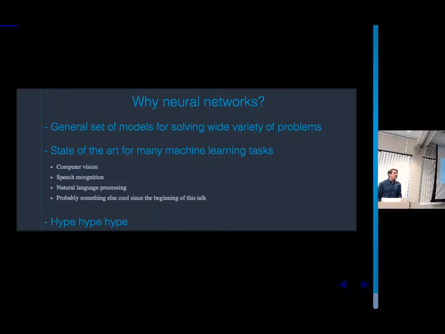So there's a whole lot of hype. Depending on who you ask, maybe not all of it's justified, but I think there's really no question that for a huge variety of tasks, by far the best way of solving it at this point in time is to use some kind of neural network. Maybe that you yourself didn't train, but maybe to use someone else's neural network solution.